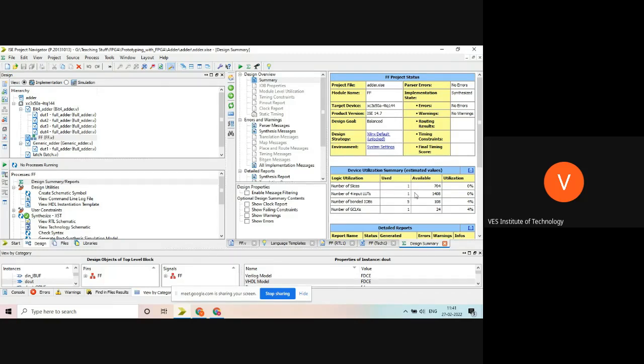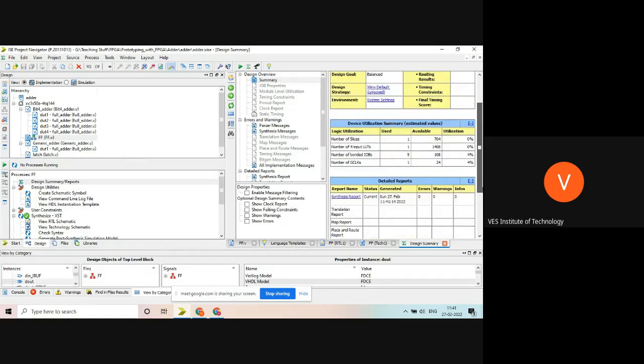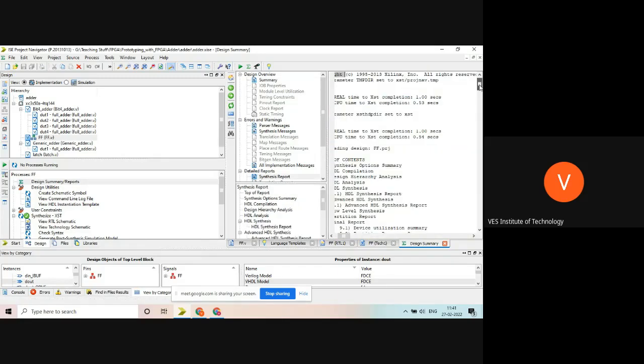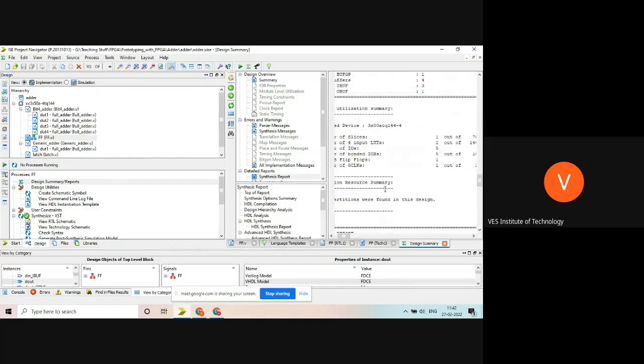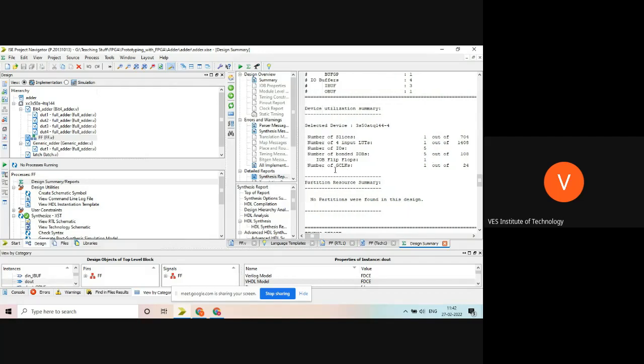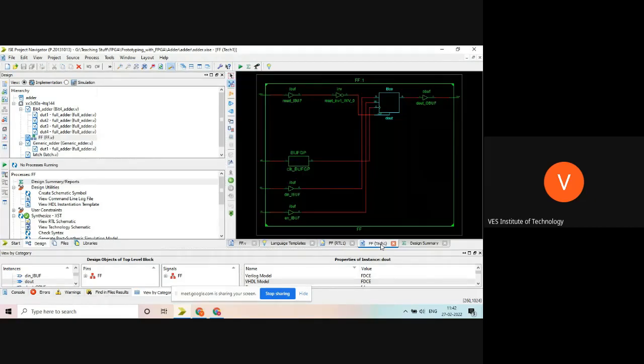It has taken LUT, not flop. Actually, it should take a flop. Yes, one flop is taken here. You can see utilization, flip-flop 1. So FDC is created. This is simple. I hope everyone understood this.